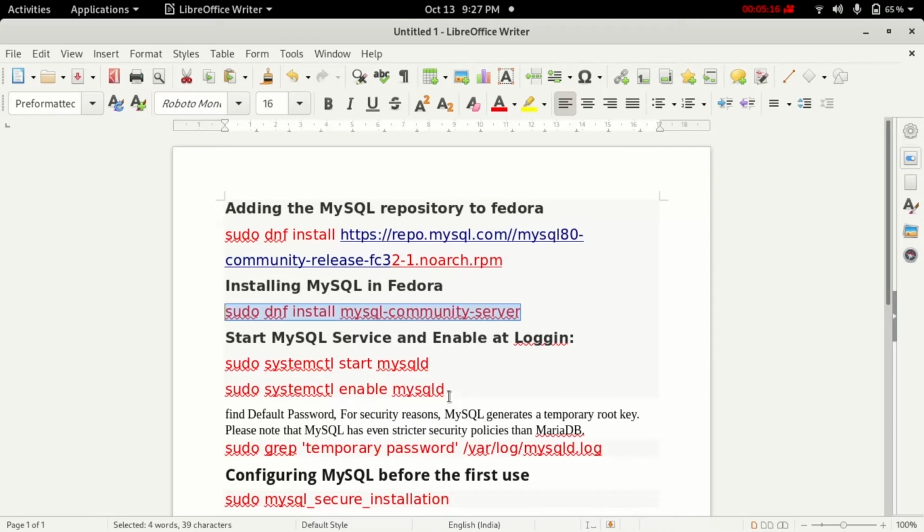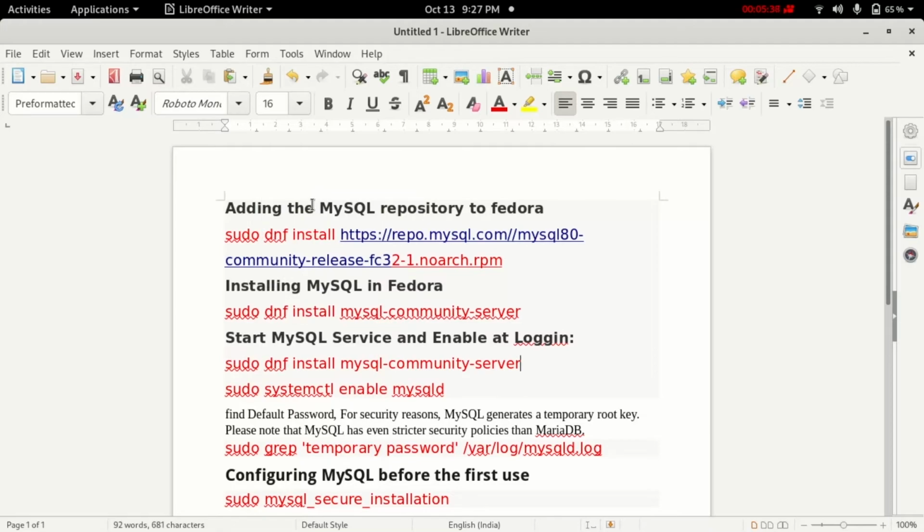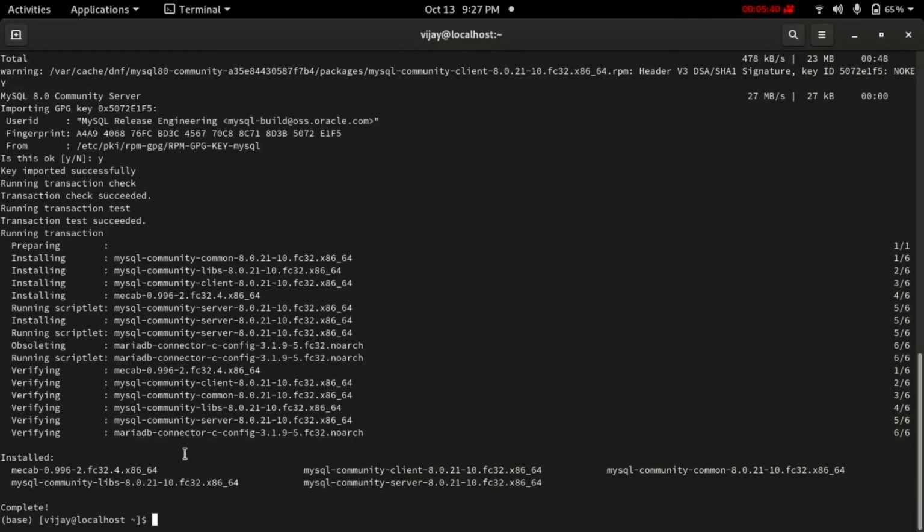Let's see the next step. We first have to enable this SQL service so that it will be enabled when you log in to the service. It does not ask to enable it, so we will enable it permanently here. We will copy this one and paste it there, so it will enable MySQL community.